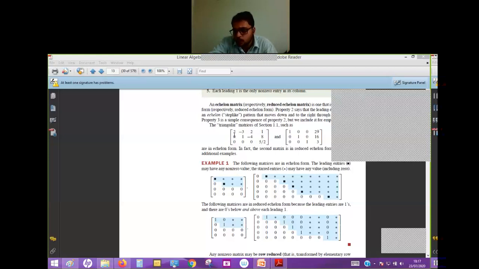In echelon form, the first entry should be non-zero, and in row reduced echelon form it should be 1, that is the difference. And in row reduced echelon form, wherever there is 1, below and above there should be 0. Are you getting this now? And for a 3 by 3 matrix, this is the identity matrix. This is the standard row reduced echelon form, which is giving us the identity matrix. Okay, are you getting this?